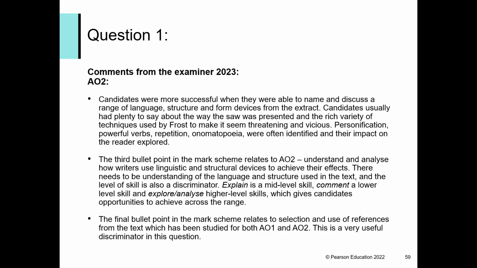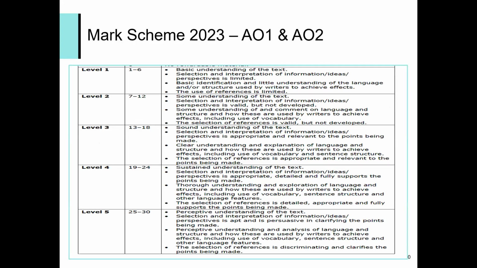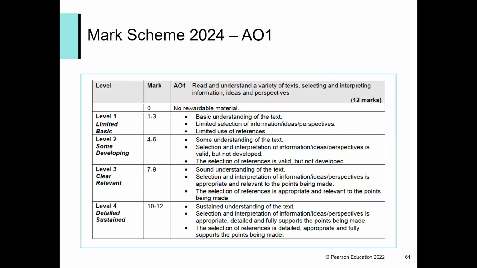The third bullet point of the mark scheme relates to AO2, but then again, we are talking about the 2023 mark schemes. I don't want to labour that too much because we're going to have a little look in a moment at the new mark schemes. So for June 2023, the mark scheme looked like this, and it was an integrated mark scheme out of 30 for AO1 and AO2. But we're moving on, and in 2024, those mark schemes are going to be separated. So AO1 is going to have a mark out of 12,